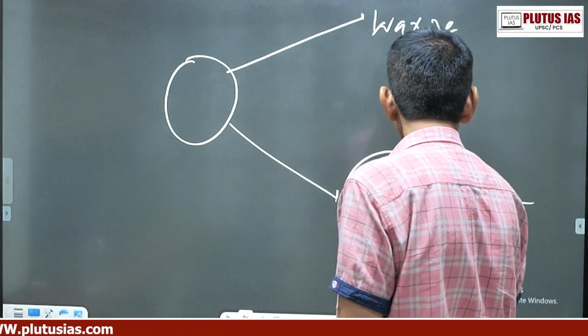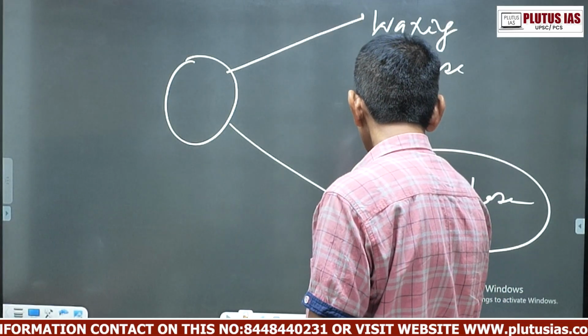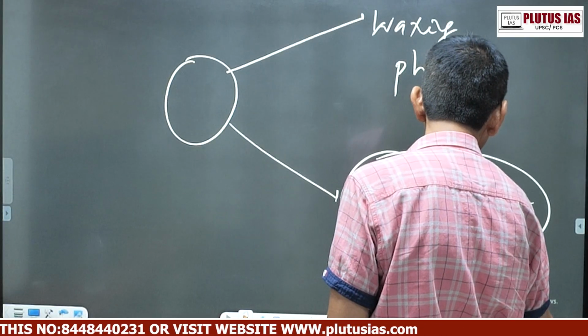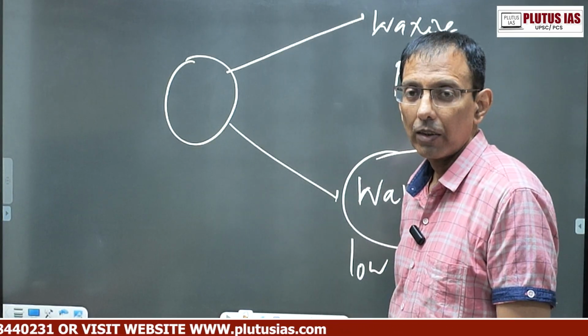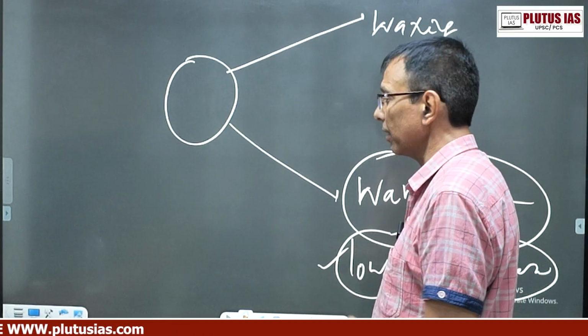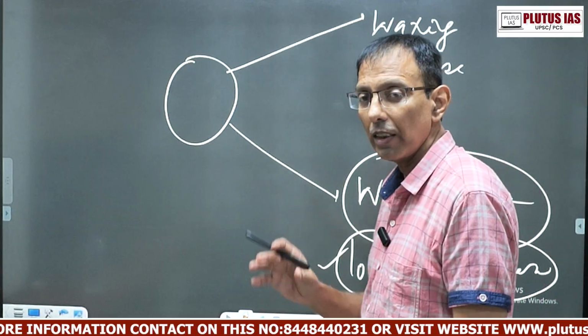When the sun remains in the waning phase, that is to say the low energy phase, right? When the sun remains in the low energy phase, as the name says, there would be less energy coming